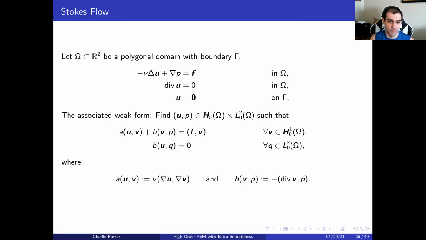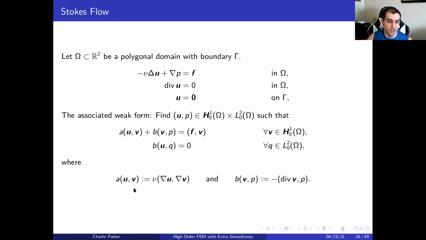So we have the 2D Stokes equations, where the main quantities of interest are the velocity u and the pressure p, and you have a divergence u equals 0 condition. For simplicity, I'm going to assume u is 0 on the boundary for now. And so you get the associated weak form, which is in this mixed finite element or saddle point problem case,